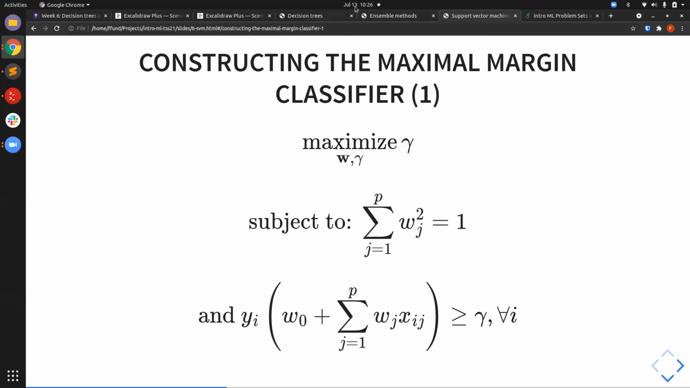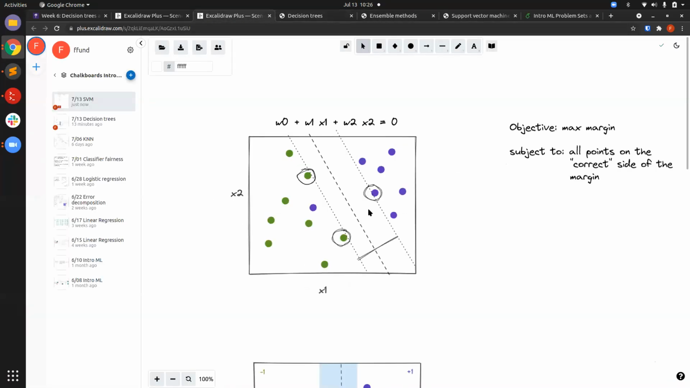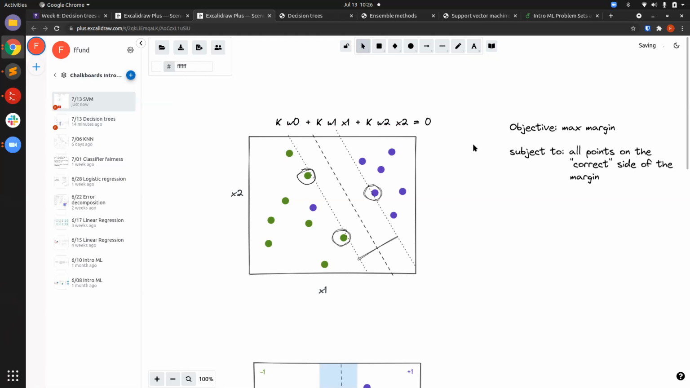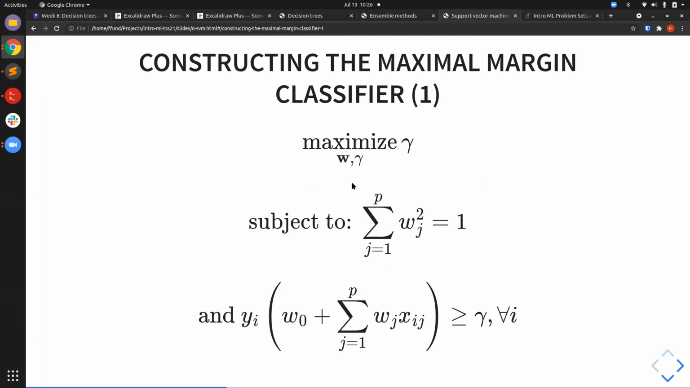Now, remember that if we have a separating hyperplane, any scaled version of it is also the same separating hyperplane. So we could add, let's say, kw0 plus kw1 plus kw2. It's the same line. So this constraint doesn't actually affect the position of the hyperplane. What this constraint actually does is it makes the second constraint work. So if we apply this constraint, and you could convince yourself of this later, if the weights have unit norm,